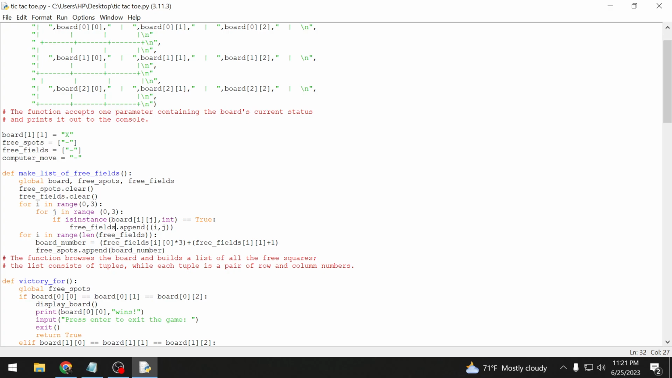However, practically speaking, I think that this is conceptually a little difficult to think about. So I like to also have this free spots variable that then looks at our list of tuples and converts them back to the numbers as we think of them on the board. So I have this board number variable, and we're going to iterate for i in range length of free fields, and it's going to take the ith element,